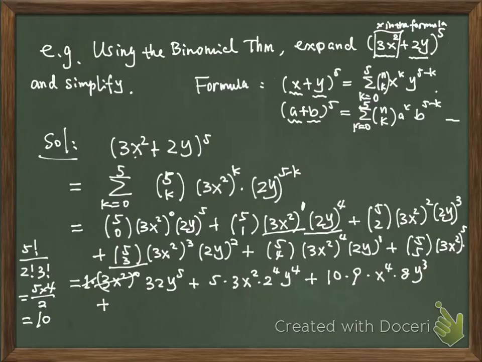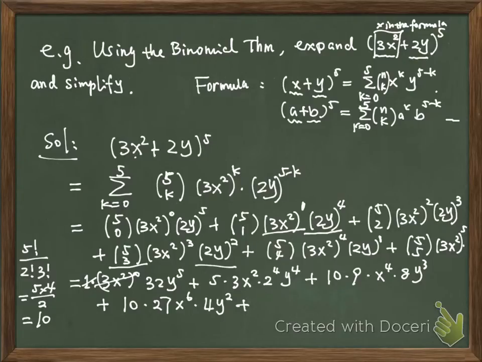We've calculated the value of 5 choose 2, therefore 5 choose 3 must be the same. So it's 10 times the cube of 3x squared, which is 27 times x to the 6th, times 2y squared, which is 4y squared. Okay,